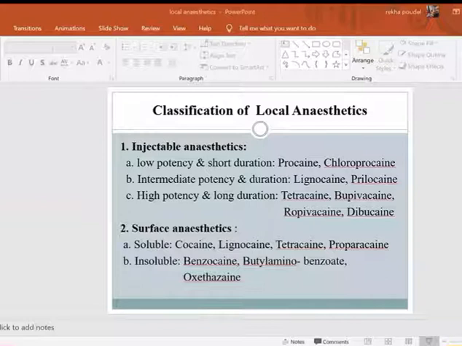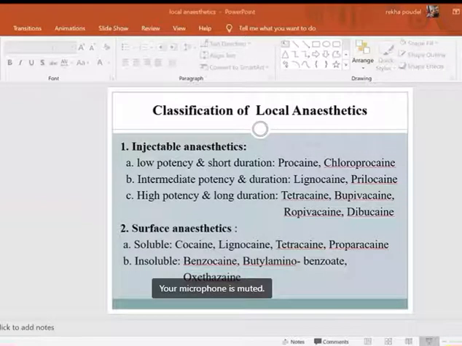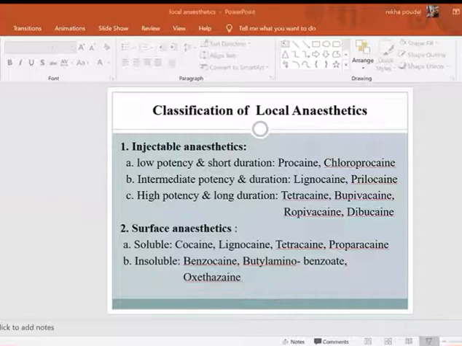So coming to the mechanism of action of local anesthetics. Local anesthetics usually block the voltage gated sodium channel. Consequently, they block the conduction of nerve impulse by reducing the permeability of sodium ions during depolarization. That is, it will block the voltage gated sodium channel, and it doesn't allow sodium to enter inside the channels during depolarization. So when there is no entry of sodium,